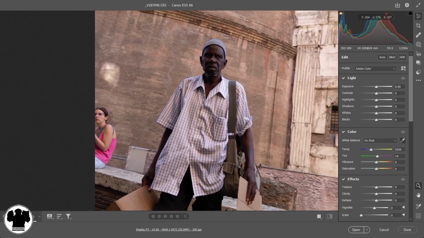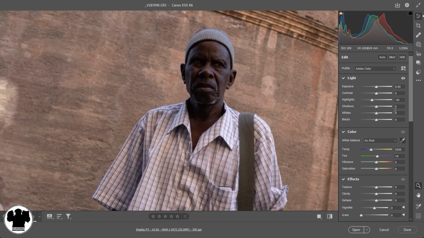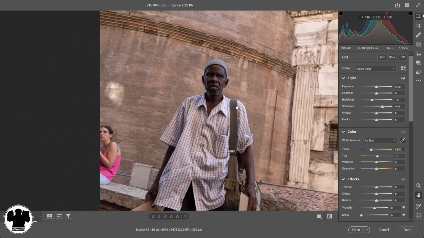Next I'm going to look at exposure, and I said I want to get rid of some of the highlights. I think there's a couple of highlights here just are annoying me a little bit. So I'm just going to drag maybe 20 or 30% off there, and you can see the highlights dropped a little bit. But conversely, I want to see more detail in his face. I want to see more of the guy. So if I just pump up the shadows a little, which gives me a little bit of highlight too,